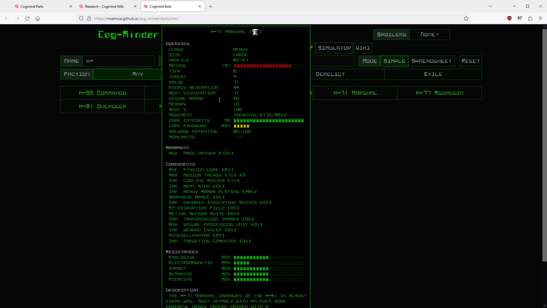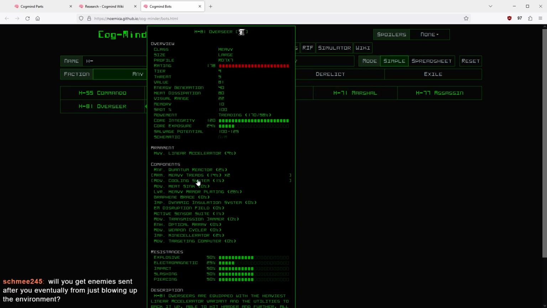He's got a 20 vision. Now the last tier has 22. Will enemies get sent after you from blowing up the environment? No. You do get... So, okay, there's...